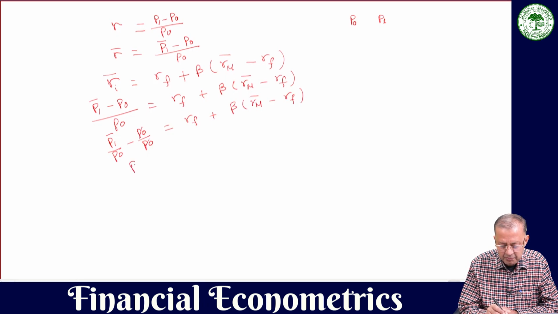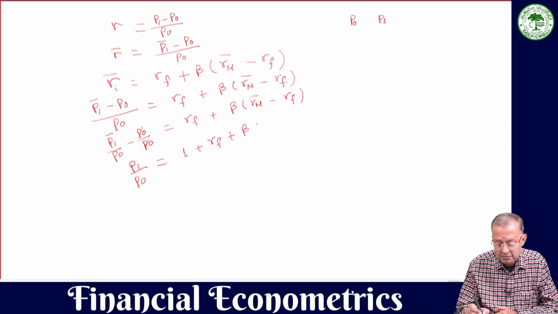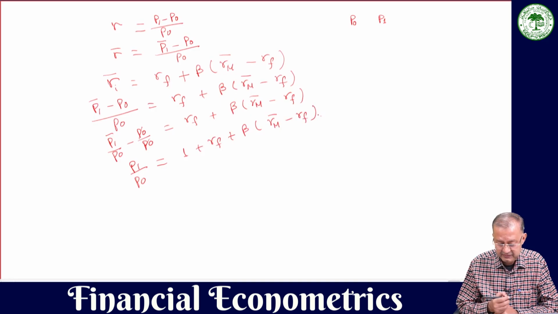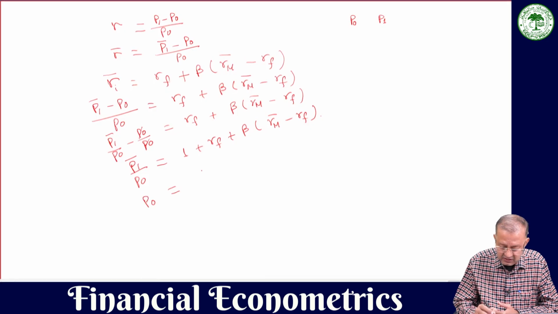So this P1 upon P0 can be written as 1 plus Rf plus beta into Rm bar minus Rf. Clear? So this is equal to P1 bar divided by